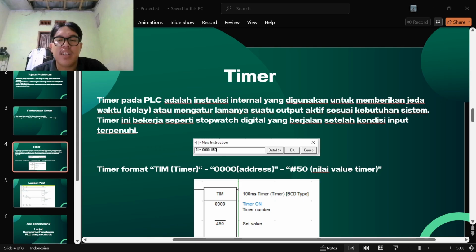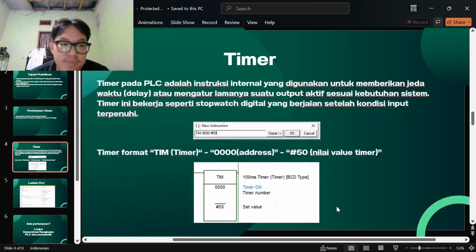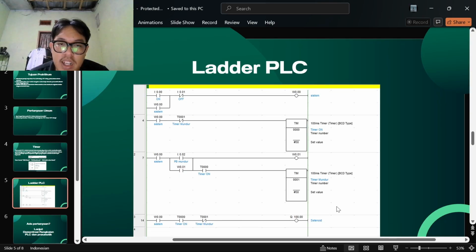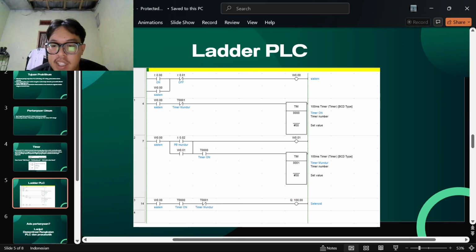Once triggered, the output is active for the preset time, regardless of input condition.